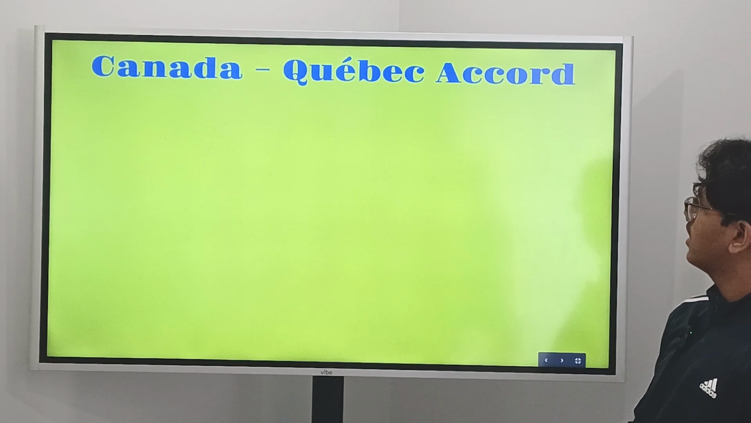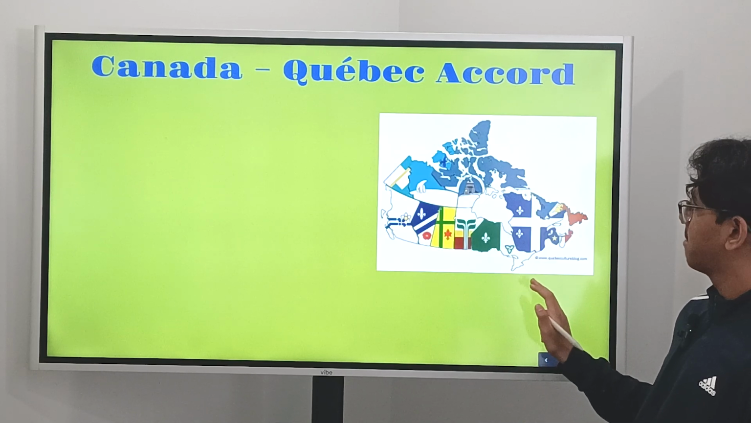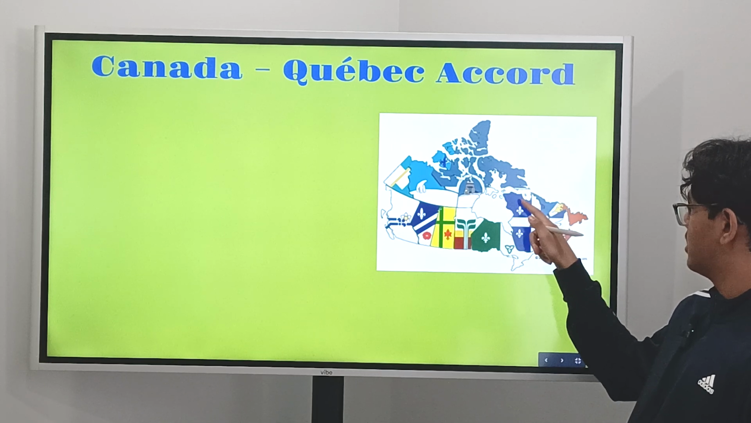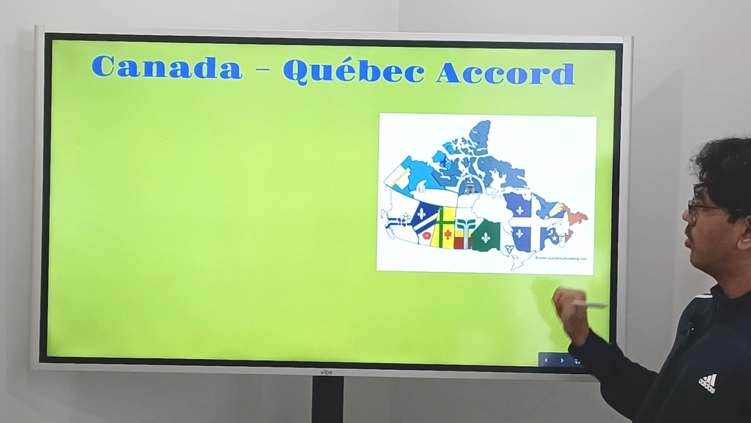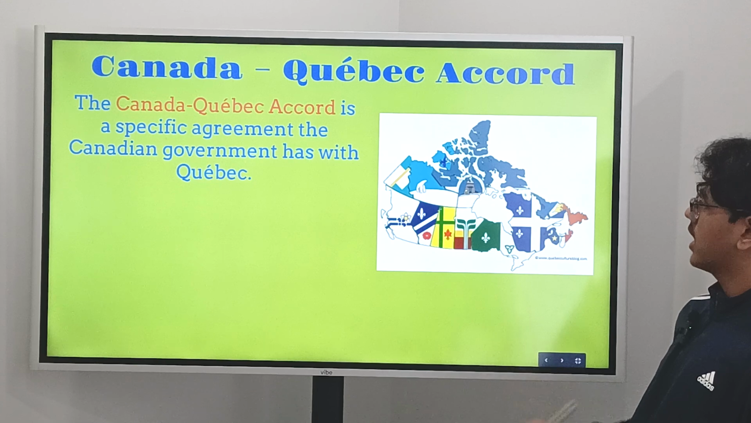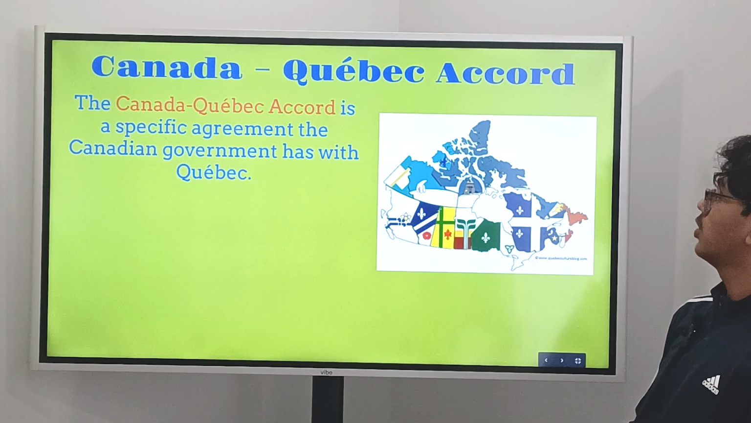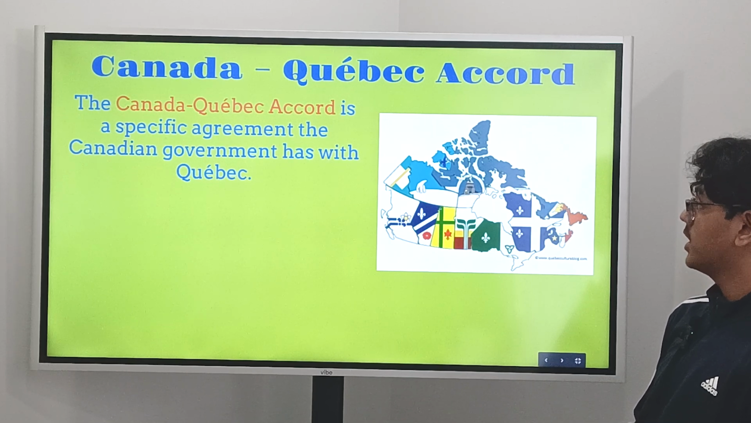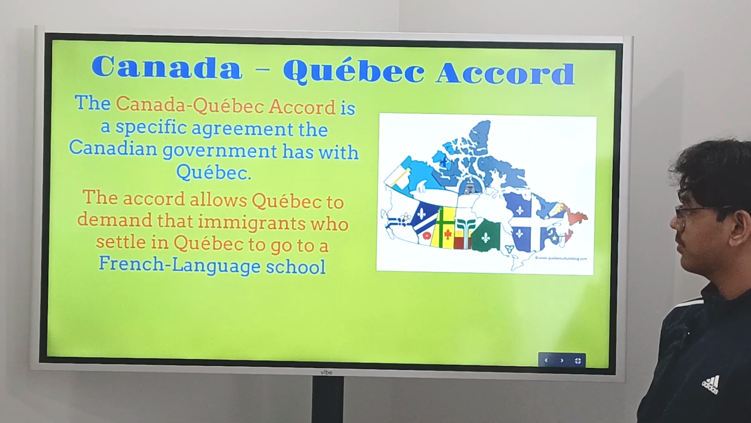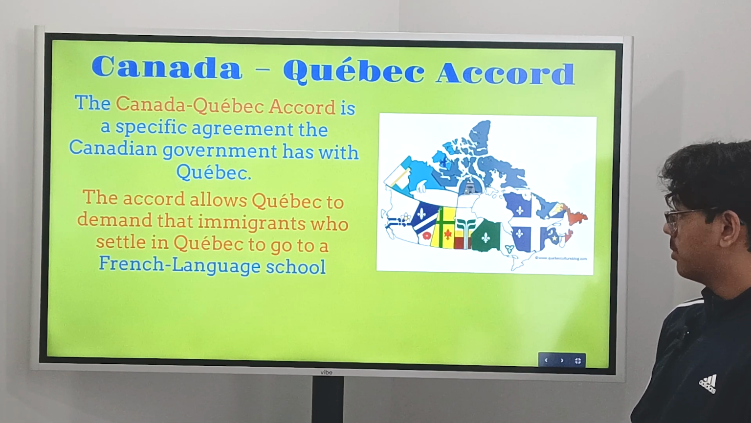Now let's talk about the Canada Quebec Accord. So Quebec is the biggest, it's the province right here. You can see right there. And the Canada Quebec Accord is a specific agreement that the Canadian government has with Quebec. And this accord allows Quebec to demand that immigrants who want to settle in Quebec have to go to a